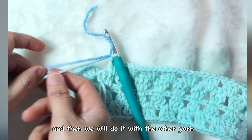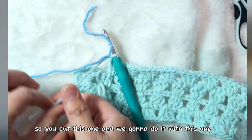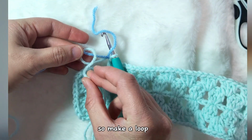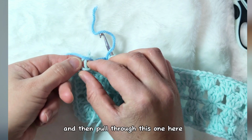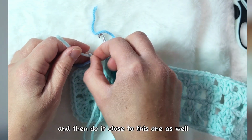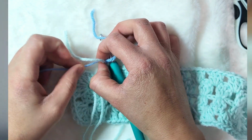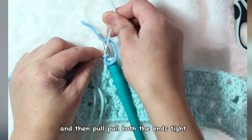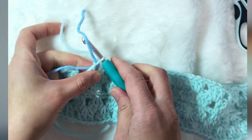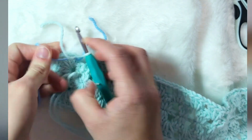And then we will do it with the other yarn. So you cut this one and we gonna do it with this one. So underneath this yarn, make a loop. And then pull through this one here. And then do it close to this one as well. And then pull both the ends tight. Alright, so once you do that, then